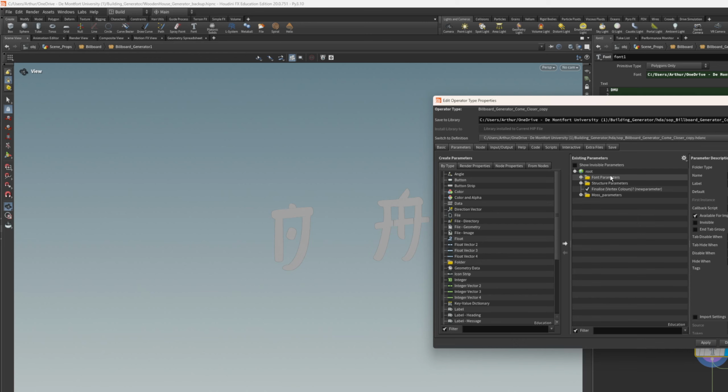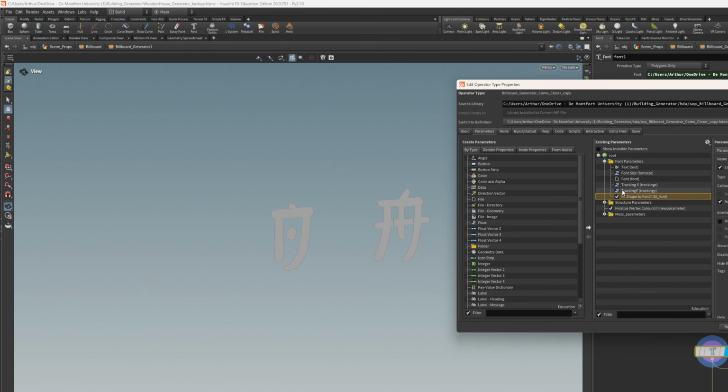So font comes first because choosing your text, the size, the font, the tracking, and this fit shape to font that is specific to a couple of styles. So I'll go through that in a bit. These are all things that we're going to be wanting to do first, and then we move on to structure. So this is making it so when the letters are generating individually, that they've got a little bit of random transform,